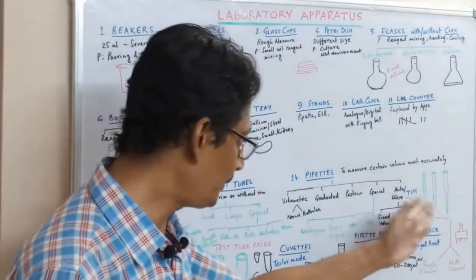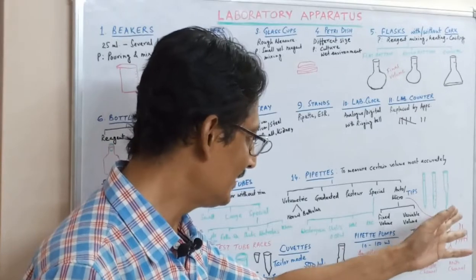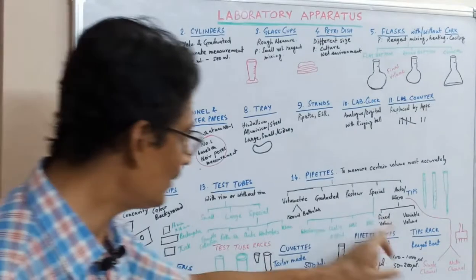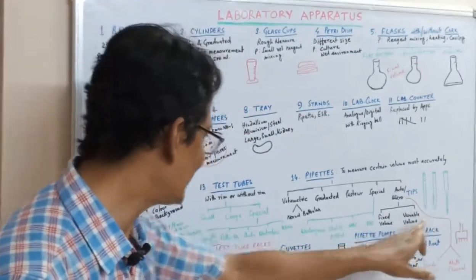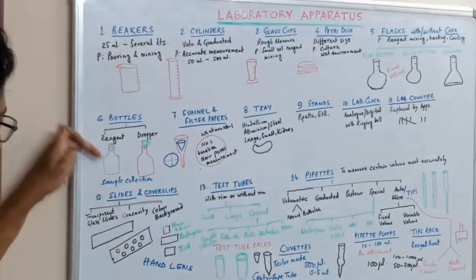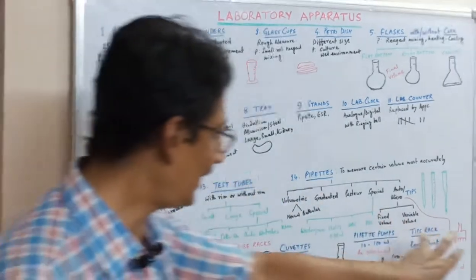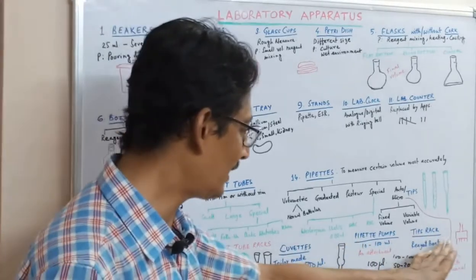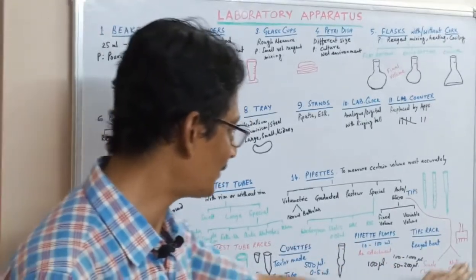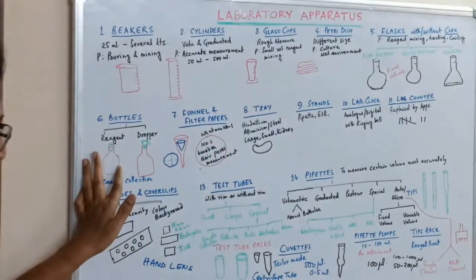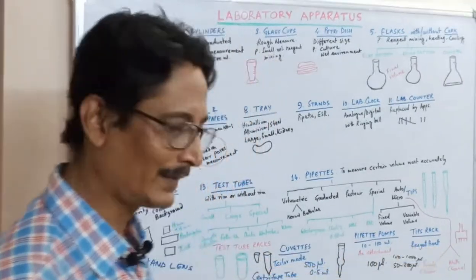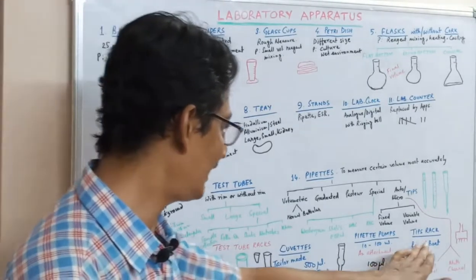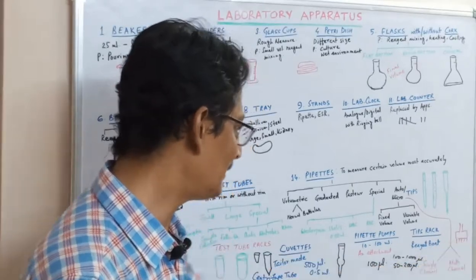To collect reagent from a reagent bottle, you can use only the single channel pipette, because here you can insert only a single channel. A multi-channel pipette is quite wide, so you can't collect the fluid, blood or reagent from this type of bottle. So we need a reagent boat. It's a boat-shaped container, and from there we collect with the multi-channel pipettes.